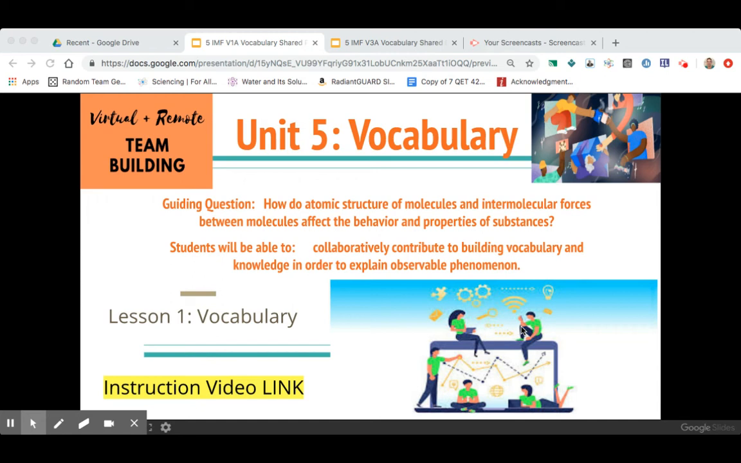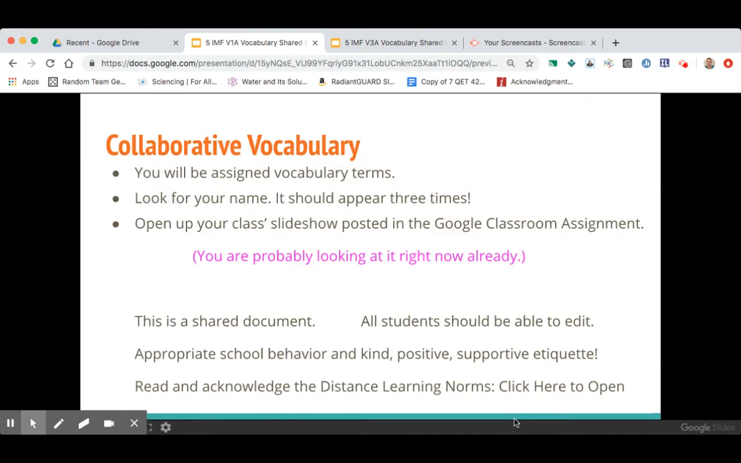So what we're going to do here is work collaboratively to contribute to building vocabulary and knowledge in order to explain observable phenomena. Hopefully you're already watching this video link instructions, and I'm going to go through and show you what you need to do for this particular assignment. Again, you're going to be assigned vocabulary terms. You should be assigned 3 different vocabulary terms that you personally are responsible for completing on this Google Slide shared